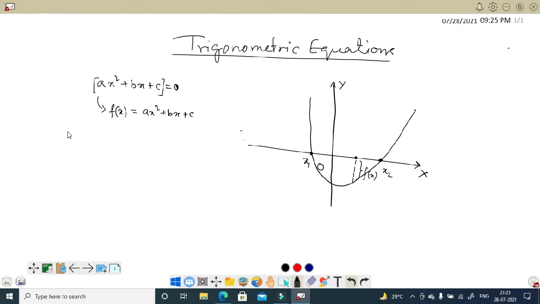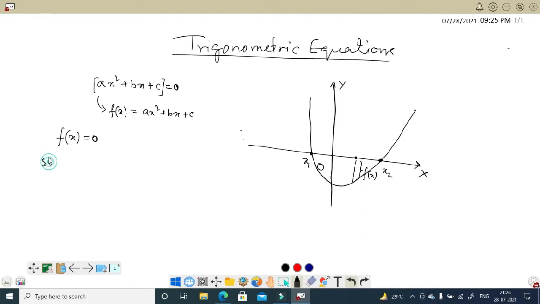So in the same way, in general, if you take any equation of the form f(x) equals 0, it will be the same. We just have to draw the graph of f(x) and see where the graph is intersecting the x-axis. Those points will be the solutions for this equation. Now you see,